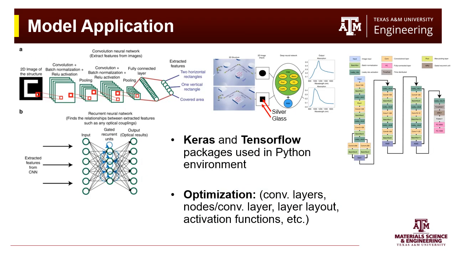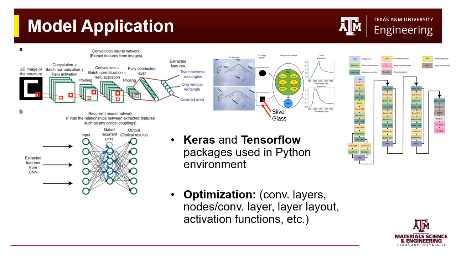So once the 2D images of the 3D plasmonic bodies were created and the simulations of the corresponding absorption spectra were also made, the data was ready to be put into the model itself. Now, this model was created using the Keras and TensorFlow packages in a Python environment, much like what we've done in Emissian 660. And now, with this model, there's a lot of optimization to be done, namely, they had to